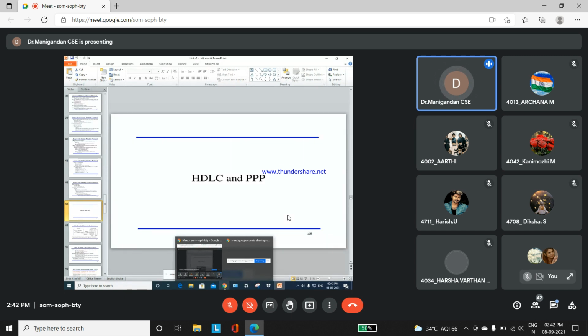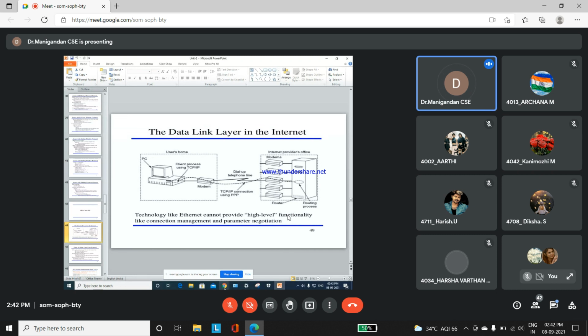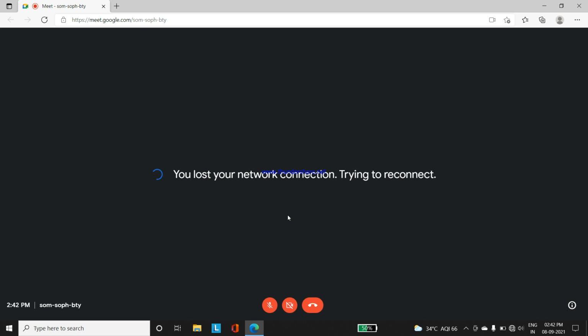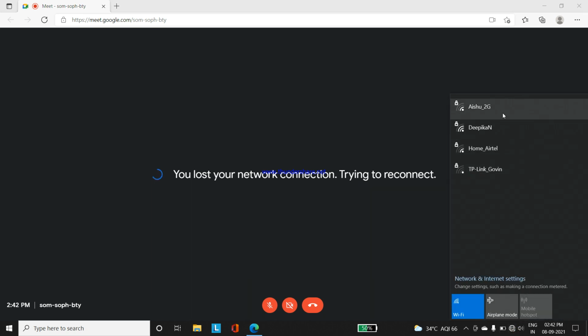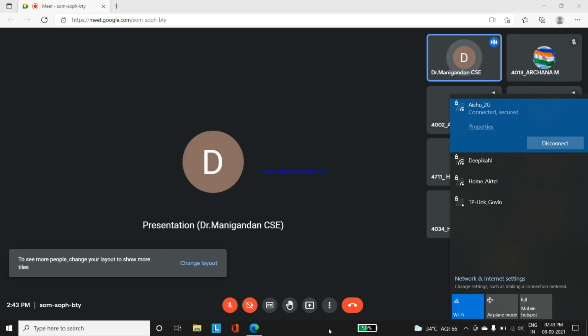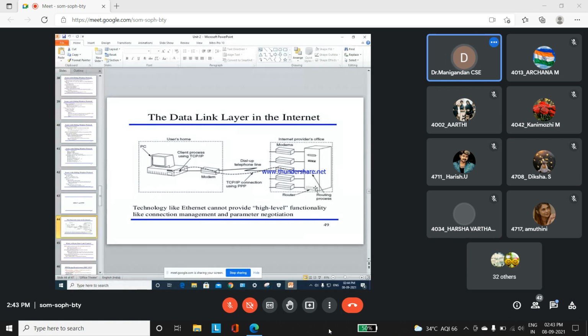Now we are going to see about HDLC and point to point protocol. First, how the data link layer works in the internet. This diagram shows the data link layer. Whether it is Vodafone, Airtel or BSNL, any type of internet provider, there will be n number of modems connected. From the modem, if we are using a TCP/IP connection using point to point protocol,